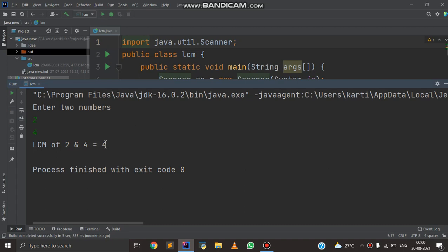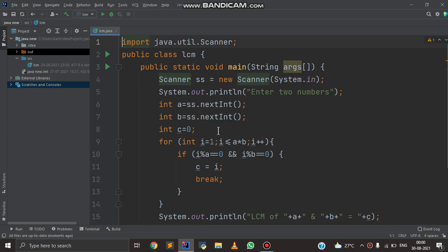Here you can see that 4 has been printed because LCM of 2 and 4 is 4. Now if we rerun this program and check the output, we write 10 and 35, LCM is 70. We can check it by dry run.